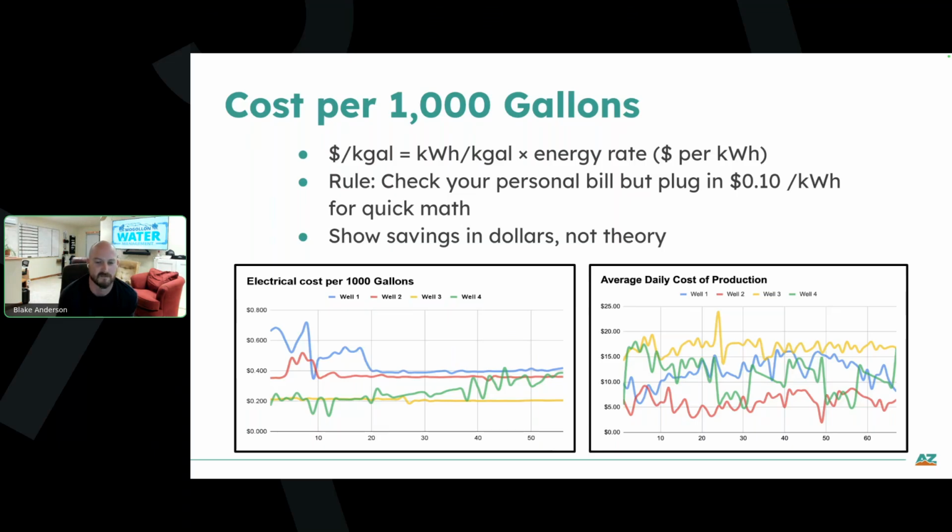And so for us, a 4th of July weekend up here in the White Mountains is the busiest time of year, and we pump 20 times more water in that week than we would in any other week of the year. And so it doesn't really matter to us, frankly, which well we're running at that point. We have to have them all on because our priority one is just keeping water in the tanks. Priority two is then doing that as cost effectively as possible. But the priority has to be keeping up with the demand in the system.